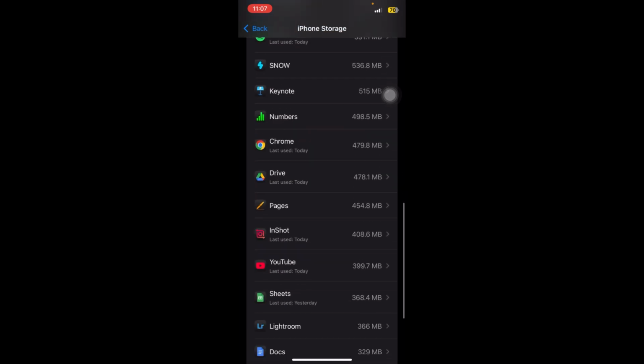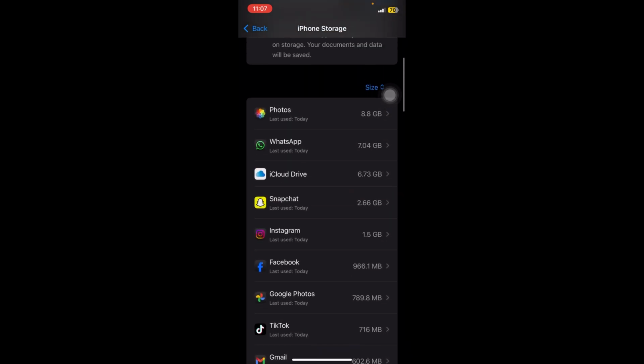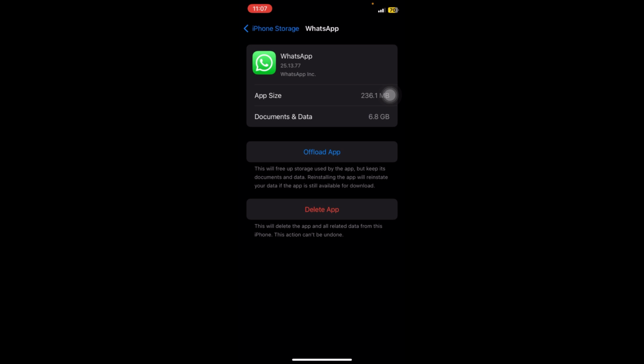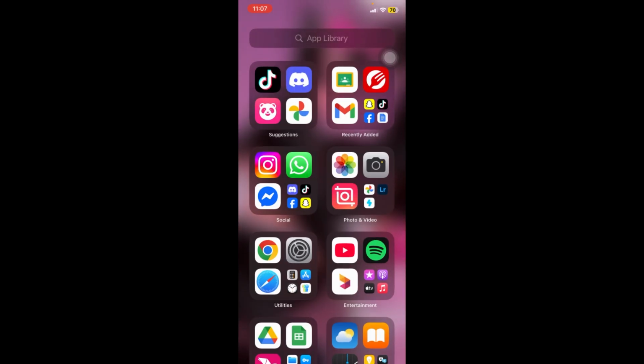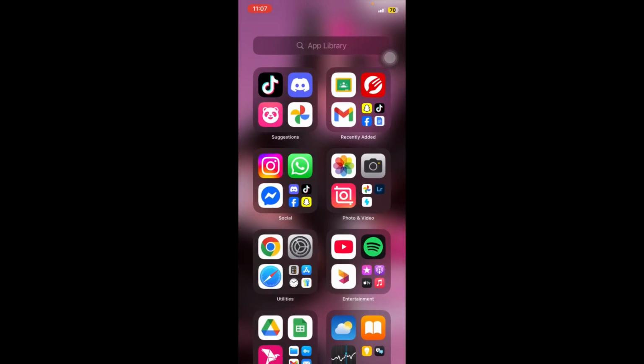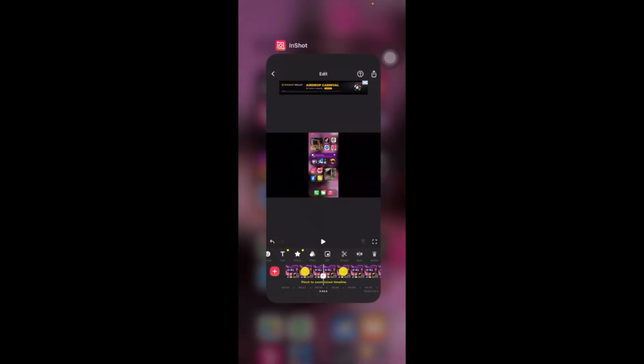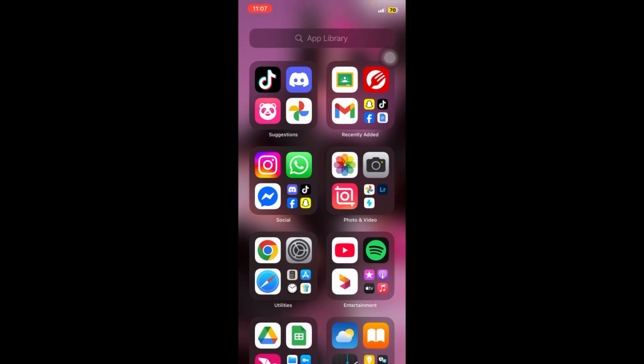Same, you're going to do it for the WhatsApp app. If you just offload the app and then reinstall it, it's going to clear up all the junk files. And then what you can do is basically